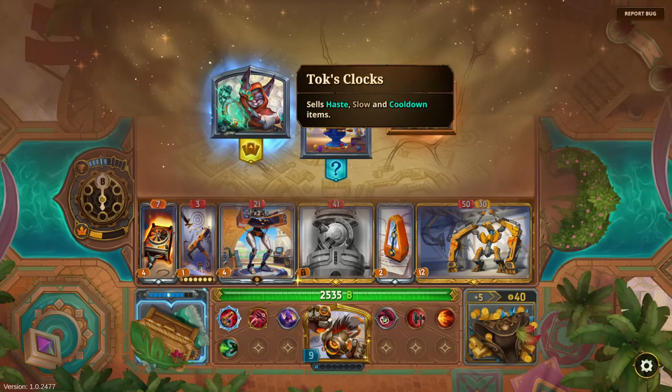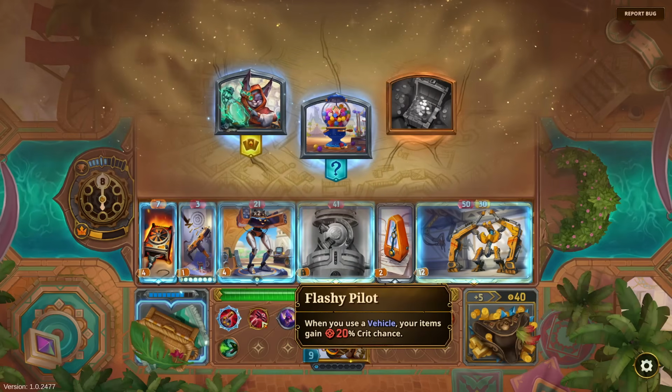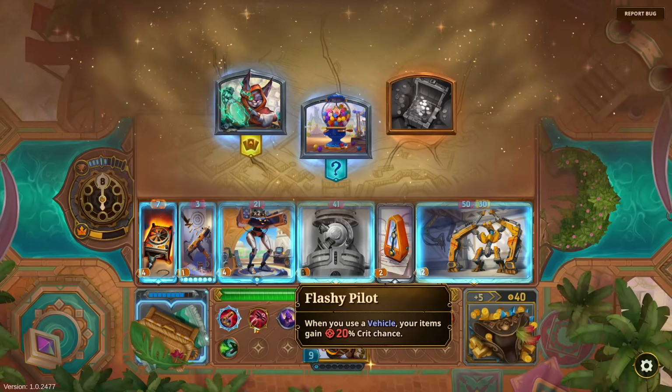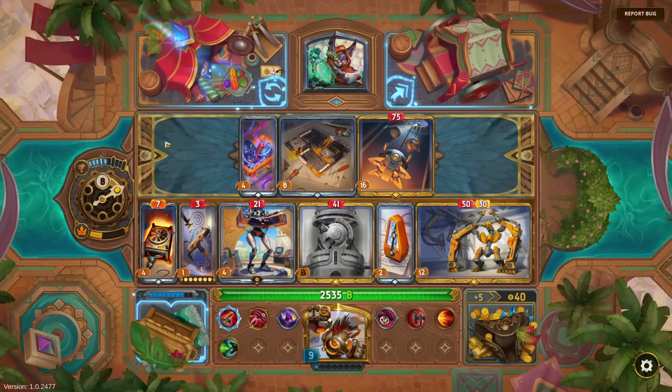Toxlock sells haste, slow, and cooldown related items. I do kind of care about those. Do I care about those? No. The thing is, if I have my crit chance already solved, then I do want to go to other things. Also, for what it's worth, I will happily get rid of the combat core to go back into the direction of